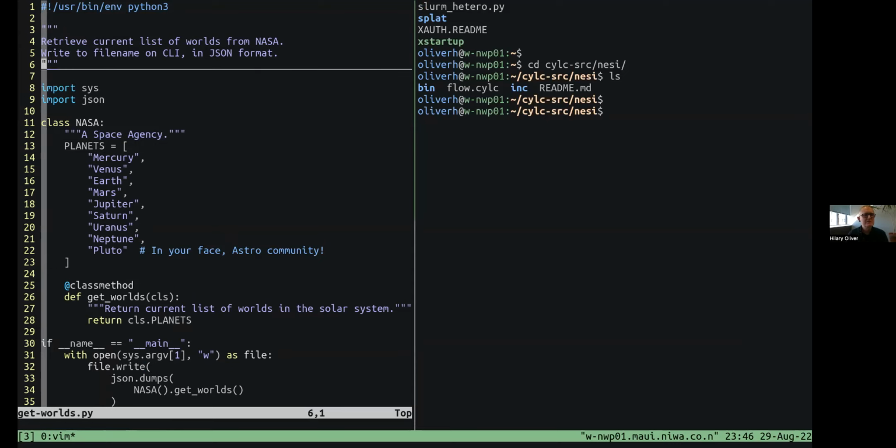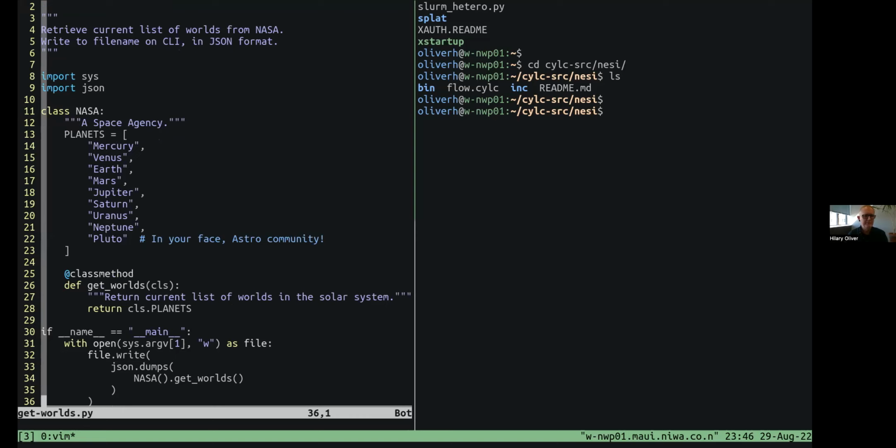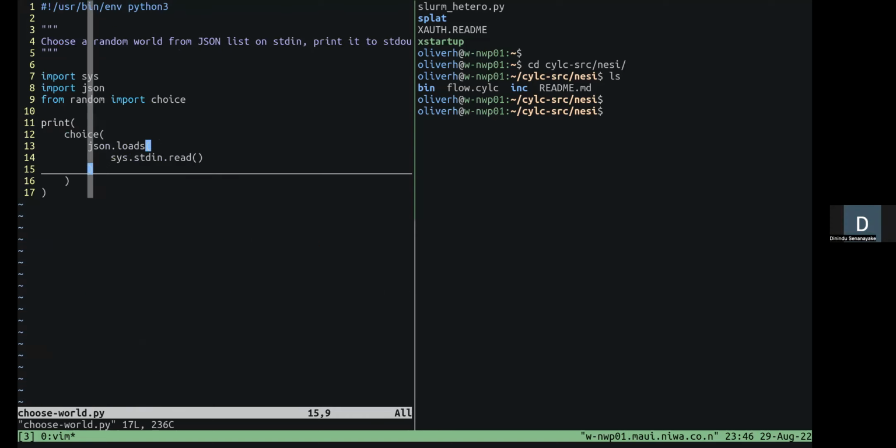So this is the first program. It's simple, but don't worry about the details. Basically, it retrieves the current list of worlds in the solar system from NASA. Here's a class called NASA, and it prints those worlds to a file that you give the name of, or on standard out, in JSON format. Done. That's the trickiest one.